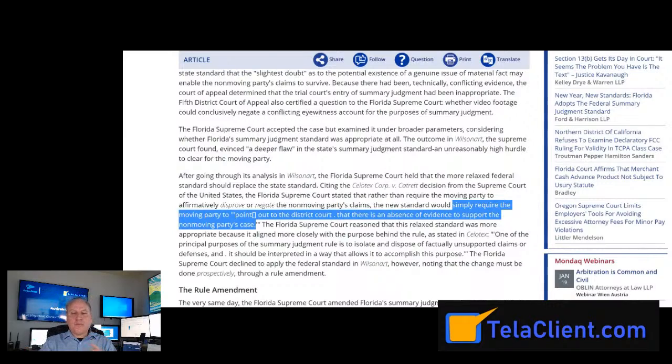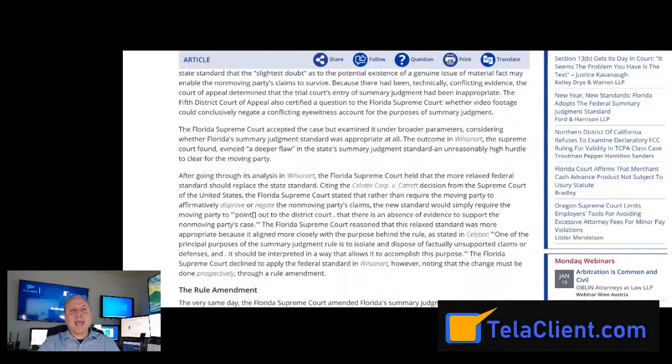But this is a good example of where, if you are preparing for a court case and you do a good investigation, this is some of the types of investigations we do, to have all of your evidence laid out on a silver platter to make it open and shut. And if the other side has any evidence, you're negating it, you're eliminating it because you show that it's not true, you show that it's false, you show that it's not properly collected. And if you make that into an absence of evidence, then the court would presumably be able to support your